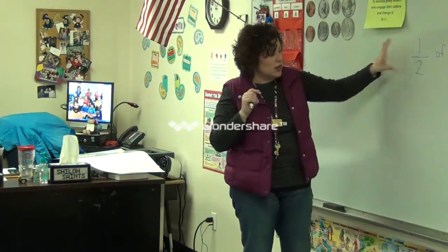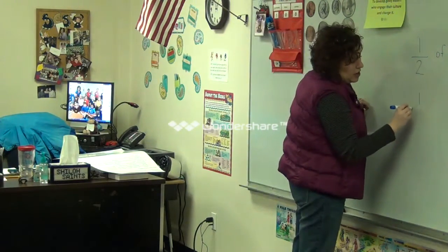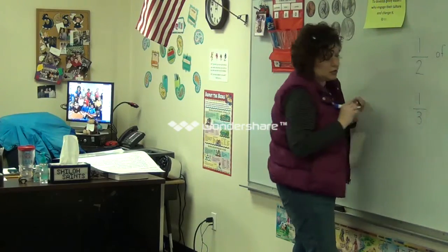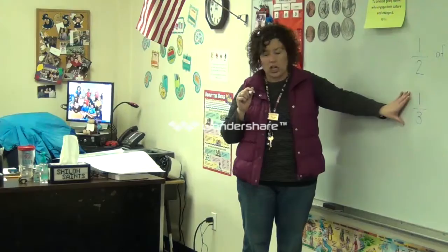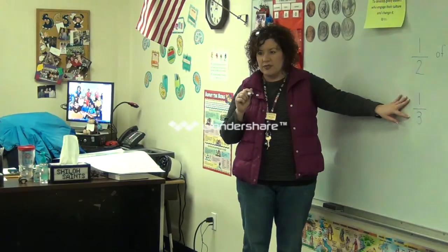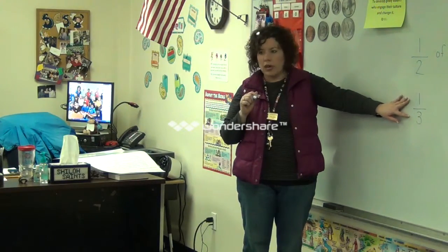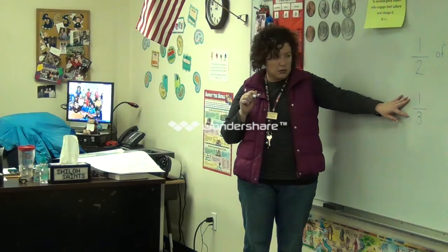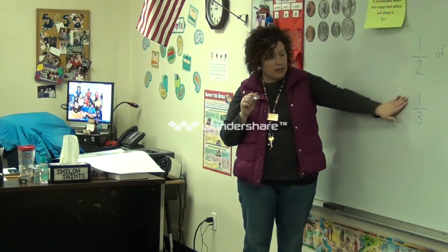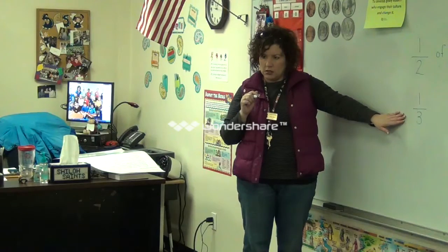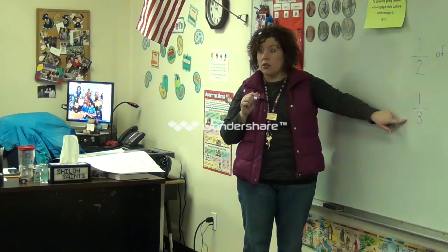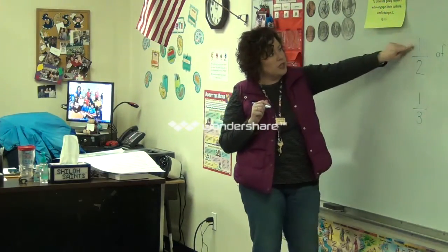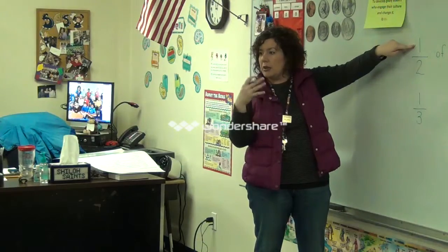Okay? This is 1/2. If I made my fraction look like this, do you know how to say that? Connor? You're almost about to say 2. How do I say that? If this is 1/2, this is 2 halves. And 1 and 3 makes 3 halves. 1/3. Okay, so let's remember,